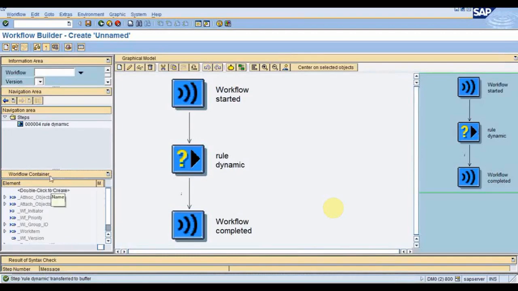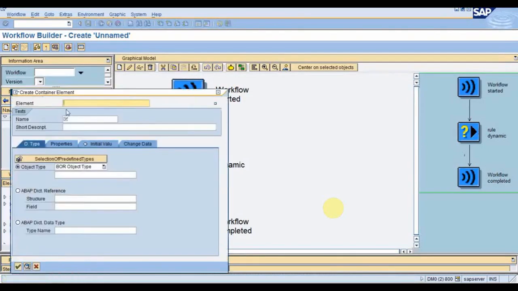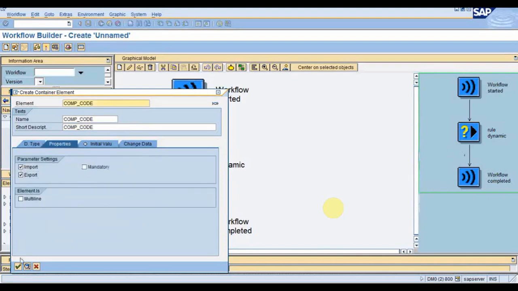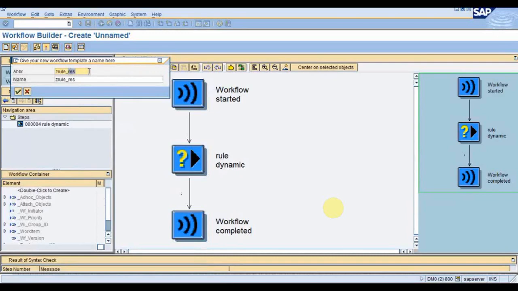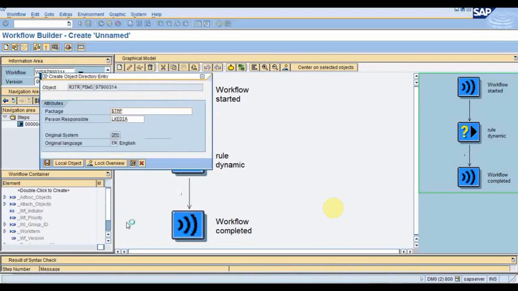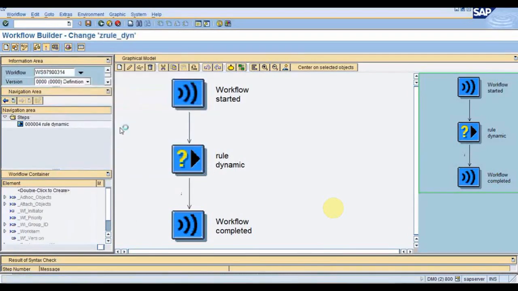Now I will create one container element in workflow container element, that is company code. Save it. And activate.